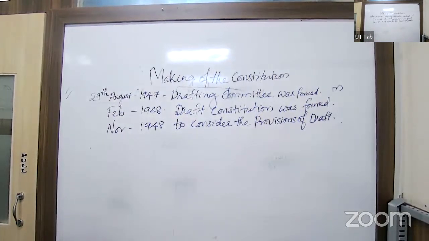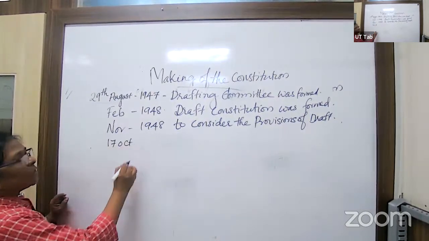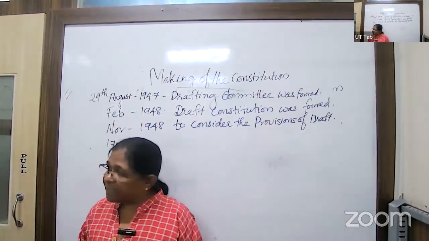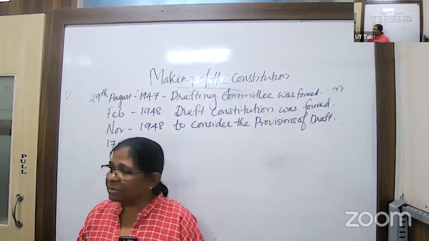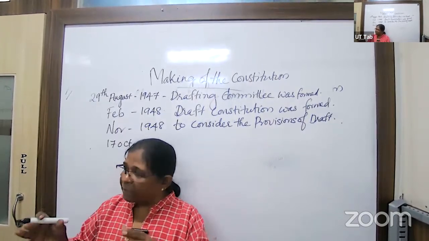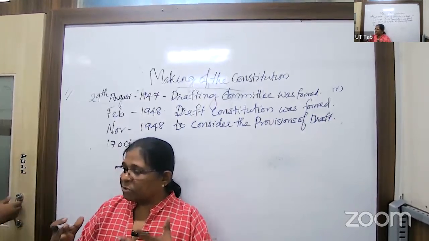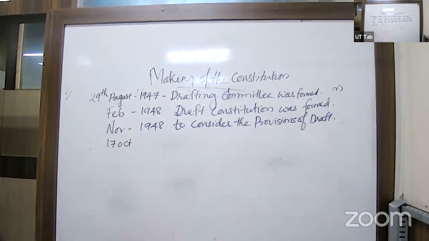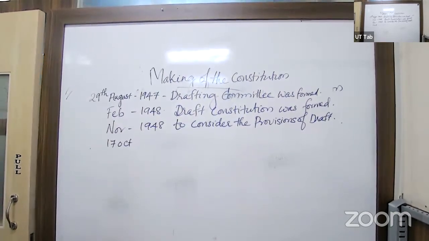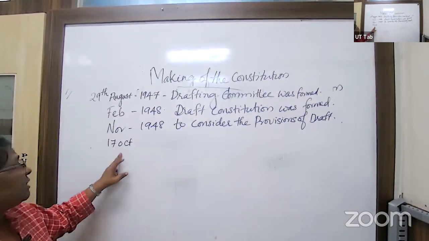Drafts provisions are to be discussed. Then this work of second reading of the different clauses was completed by 17th October. See, it was not he alone. Drafting committee is there. No? Okay, ma'am. And how many members? From it only that your drafting committee was selected. See, constituent assembly, I have to check it out. 299 members that work on that constitution. Yes, ma'am. So drafting committee, how many members were there? I have to check it out. Okay, ma'am. Okay. So 17th October